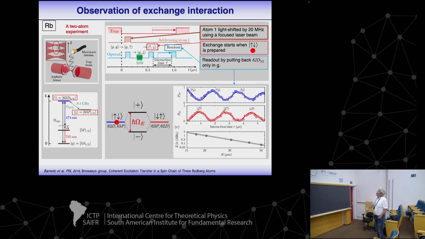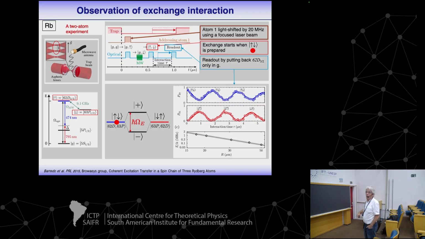So that's the result of the experiment, where you have, as a function of time, the population, the excitation of both atoms. The blue line corresponds to the population of the up-down state, which is initially prepared, and the red line corresponds to the population of the down-up state, which is the state to which the system oscillates. So you have nice exchange interaction with some finite contrast, which can be understood by the imperfection of the